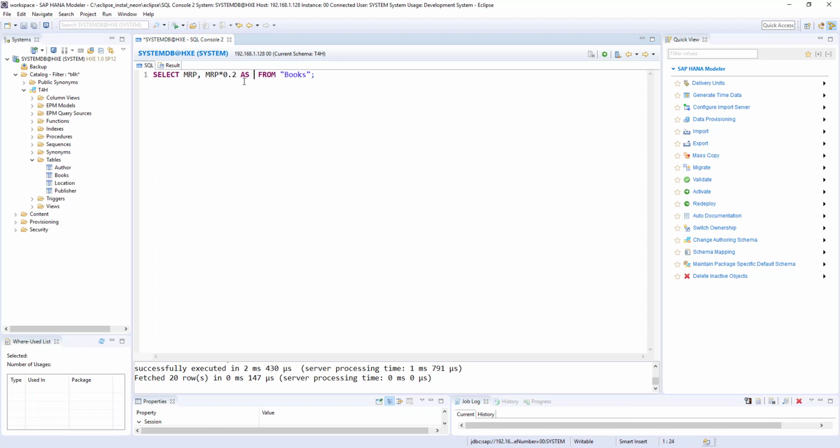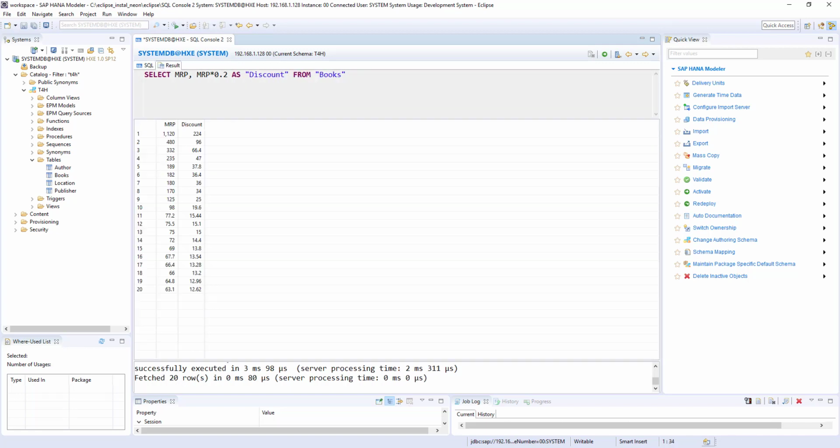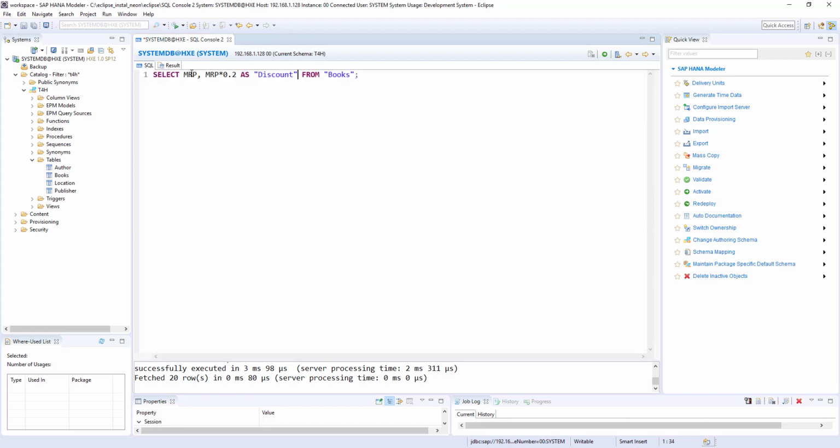I want to maintain the case, uppercase and lowercase letters, and discount. So I got MRP and discount.